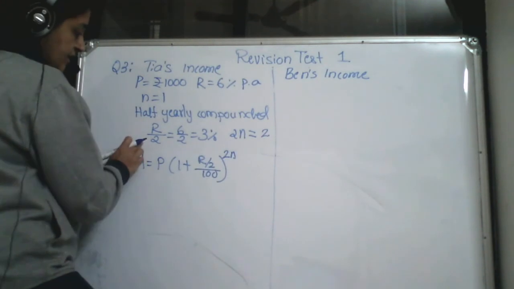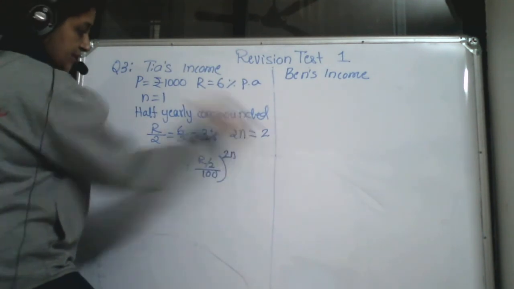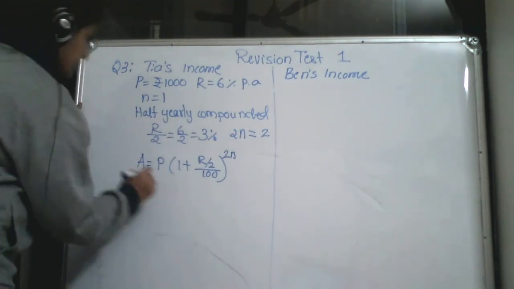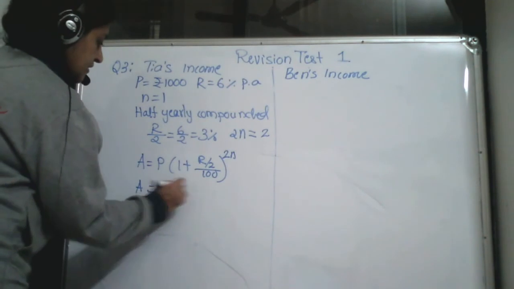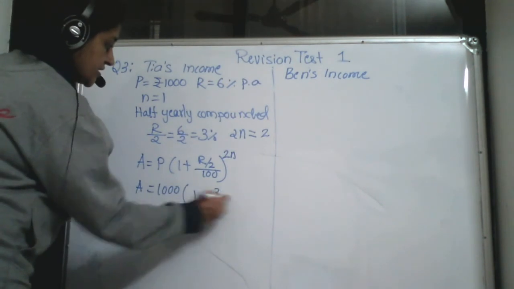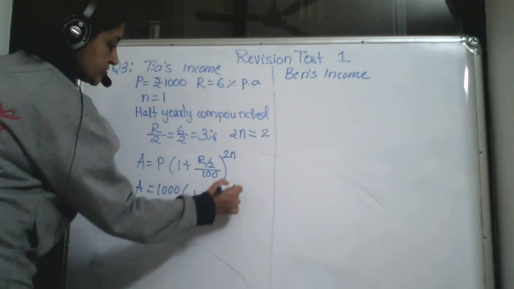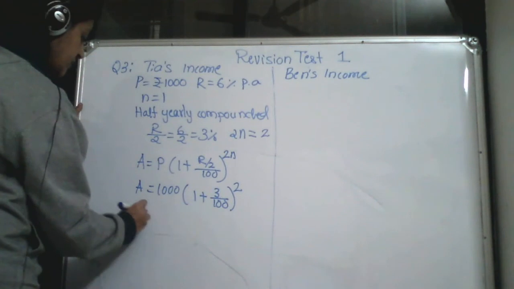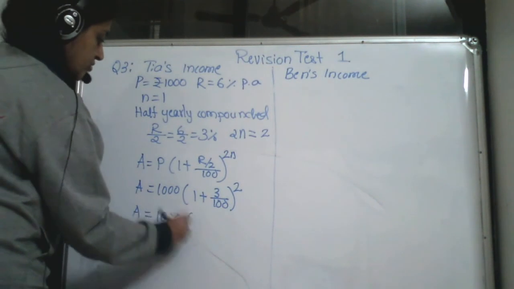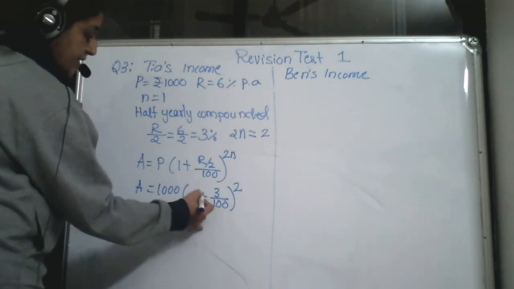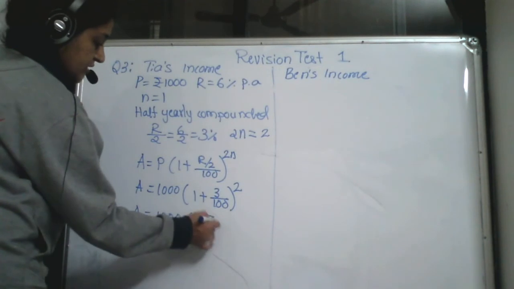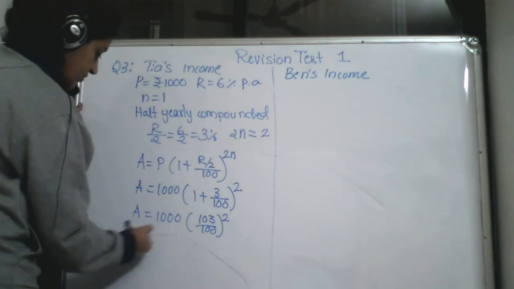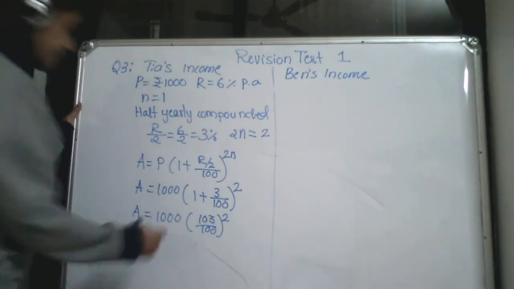That's why I have already calculated r upon 2 and 2n, so that we can directly substitute it. A is equal to P, that is 1000 into bracket 1 plus 3 upon 100 raised to the power 2. Now 3 and 100 you cannot cancel, so what you will have? 1000 into bracket, when you add it up you will get 103 upon 100 to the power 2. So when multiplied you will get rupees